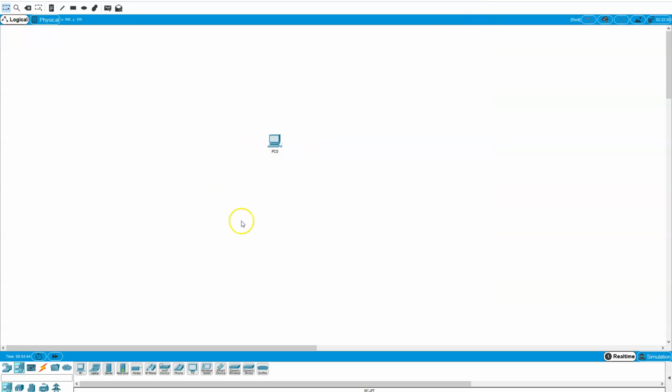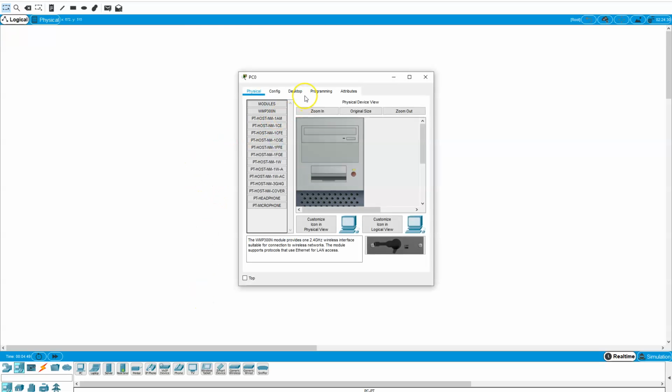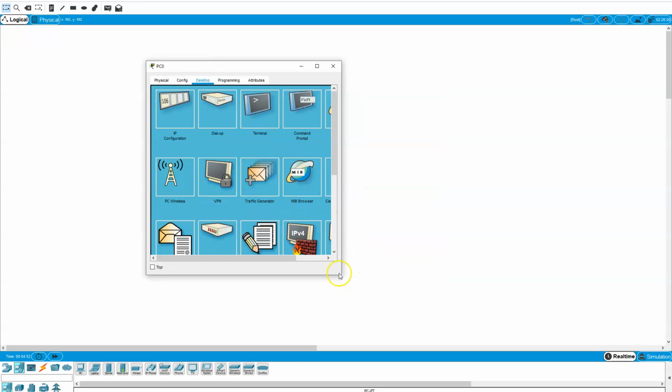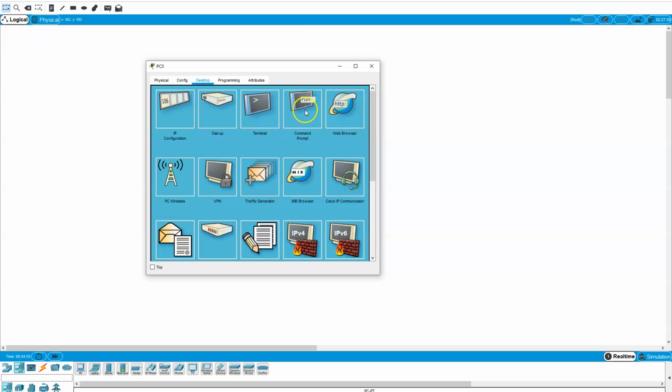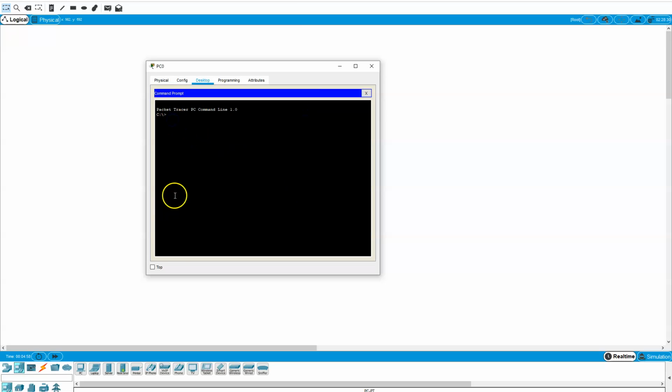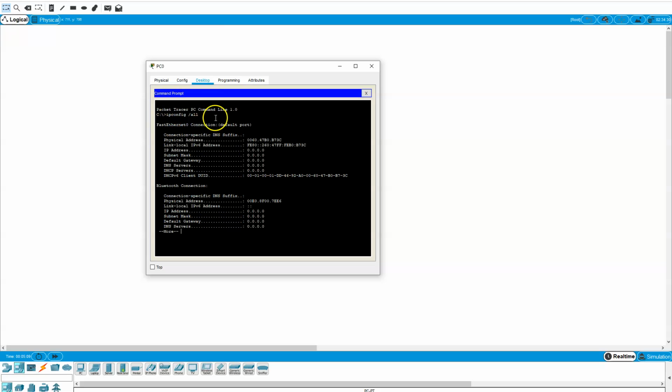Now in Packet Tracer, if we have a desktop or a laptop, any device really that has command prompt, we click on the device, we go to the desktop, so we can see what kind of programs it can run. And there is a command prompt application. So if we select command prompt, we're treated with the very same command prompt that we were just interacting with. And we can use those same commands. We can use ipconfig and we can use ipconfig/all. When we look at ipconfig/all for this desktop, the physical address of the fast Ethernet connection, the default, so fast Ethernet would be like your Ethernet cable that would be plugged into it. The physical address of that, or the MAC address of that, is